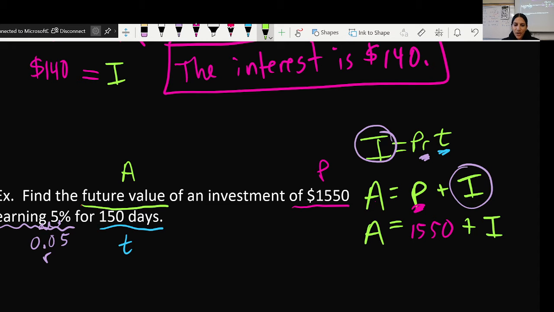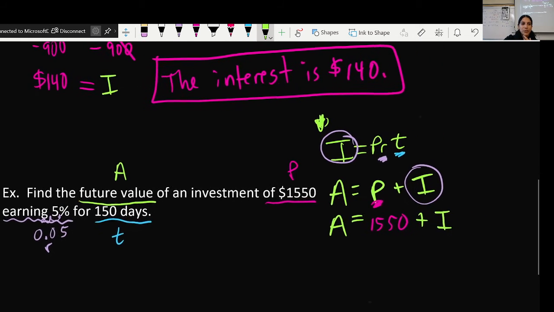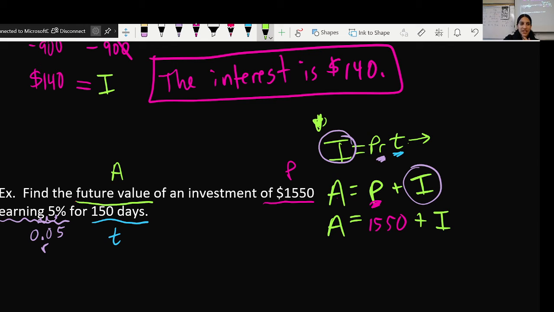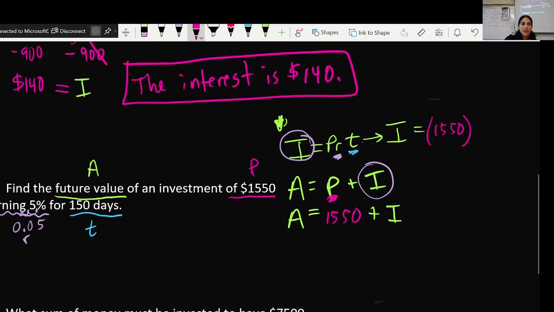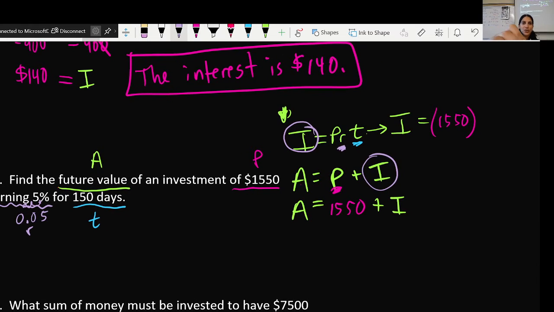And in order to figure out what this is, I need to first use this equation so that I can figure out my I value. Does that make sense so far? So I'm going to take this equation and plug things into here. I equals P, which was our 1550, times R, which was 0.05,